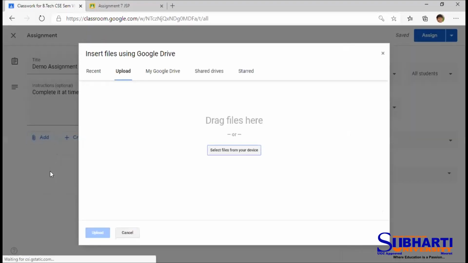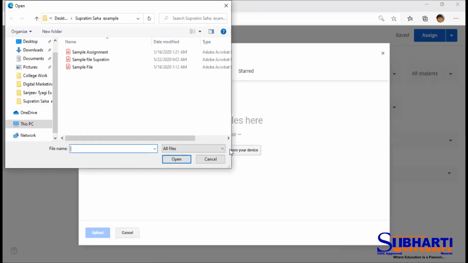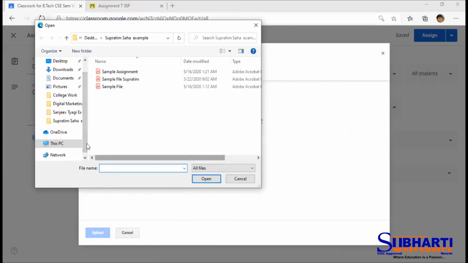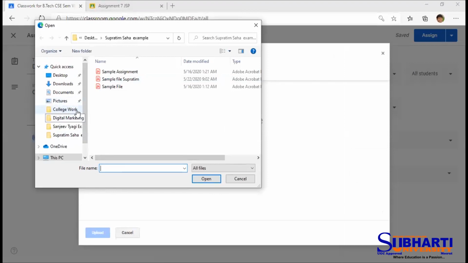Now I will click on the file. Then I will click on this option, and it will display a browser window, and from this we can go to the drive where I have already created the assignment. This is the sample file I am selecting here as the assignment which I want to give to the students.